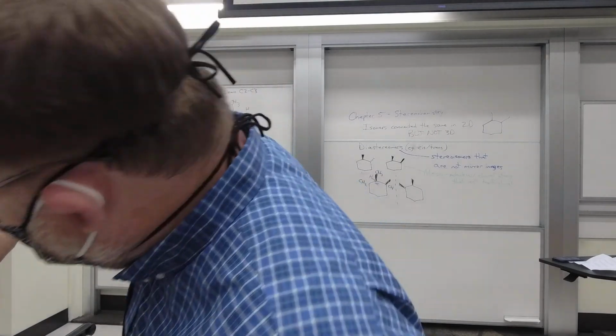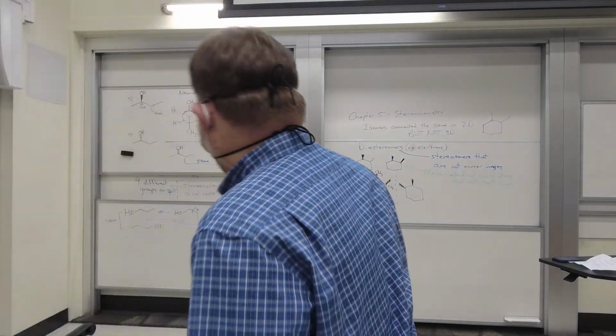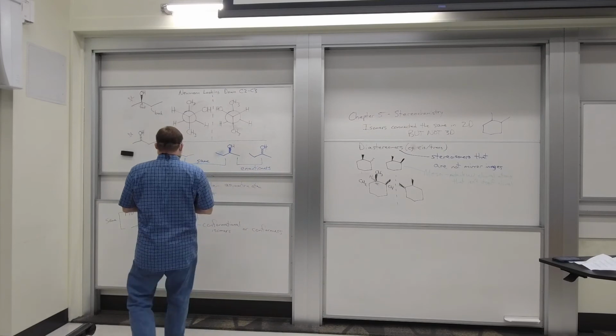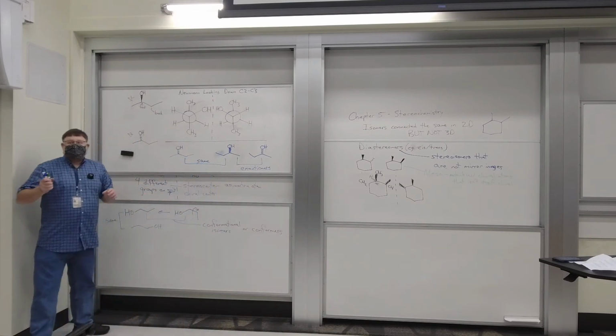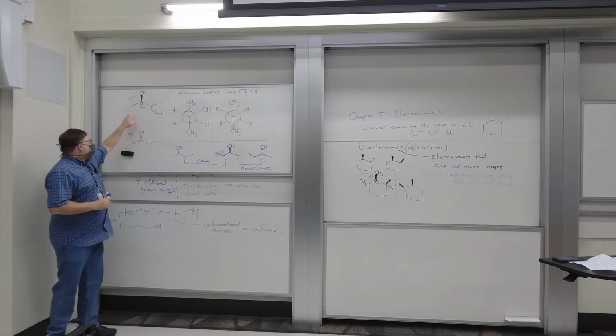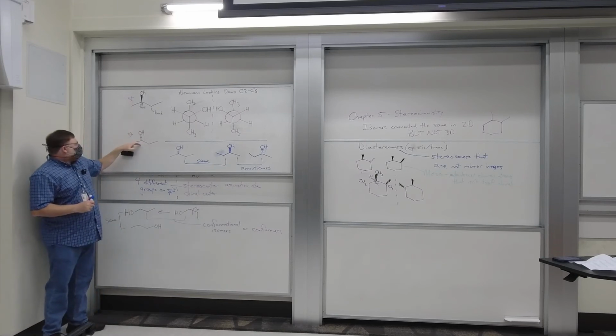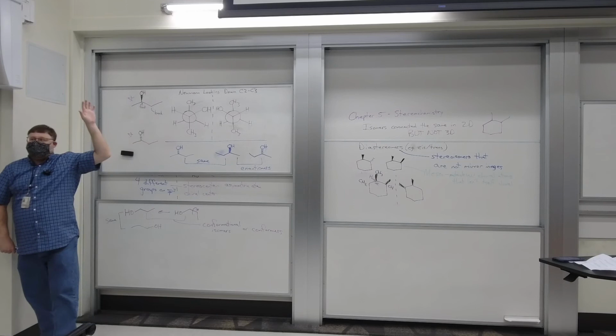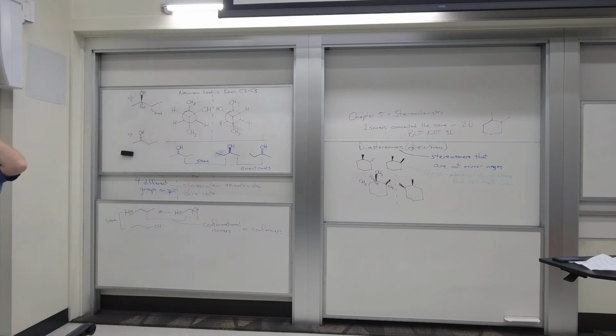Hopefully, we're not going to need this, but the other thing I want to point out here, if you keep all the atoms the same, if you keep the two-dimensional arrangement the same, like going from the top to the bottom, the carbons all overlay, and in 2 dimensions the OH overlays. If you change all the wedges to dashes and all the dashes to wedges, you get the enantiomer. So there's really two good ways of drawing an enantiomer. If I give you a molecule and I say, hey, draw the enantiomer of this,